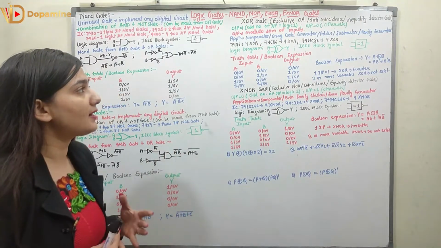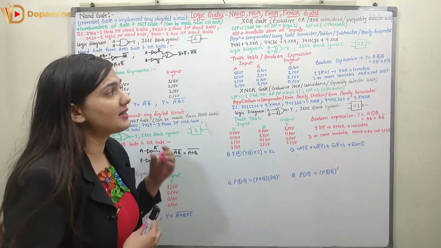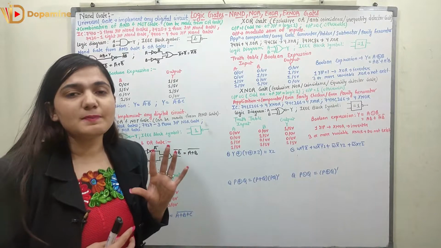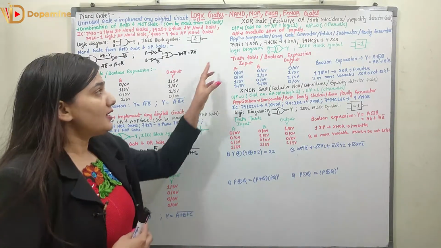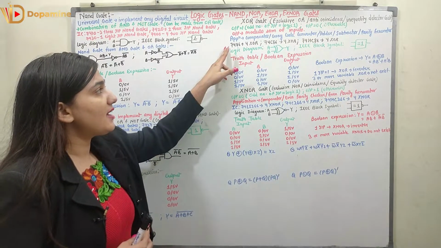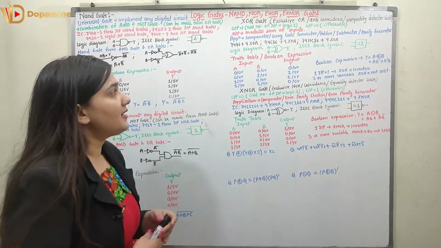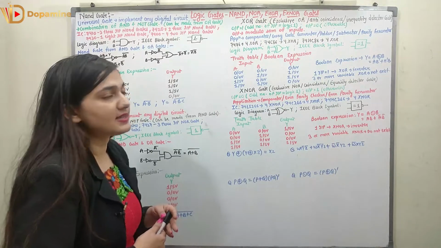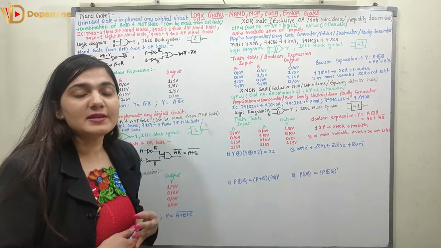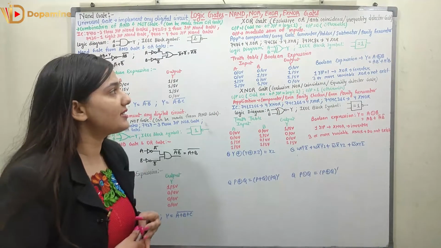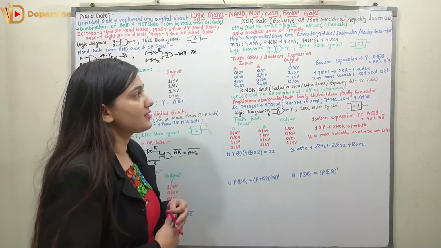It is used in comparator, gray code converter, adder, subtractor, and at last parity generator. Right, so we have different ICs, like we have the 7486 IC which has 4 XOR gates. Then we have 74C86. The 74C over here represents that this IC is a CMOS IC. It has 4 XOR gates.